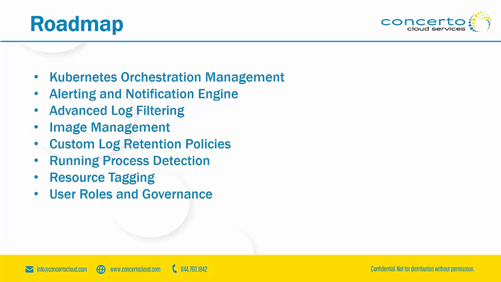Our planned roadmap includes Kubernetes orchestration management, where you could deploy and manage Kubernetes clusters from our single pane of glass, an alerting and notification engine to send SMS messages or emails based on alert thresholds that you define, more advanced log filtering to have more Lucene style syntax when parsing logs, an automated image management section that will clean up unused images on a schedule that you define to free up your disk space,